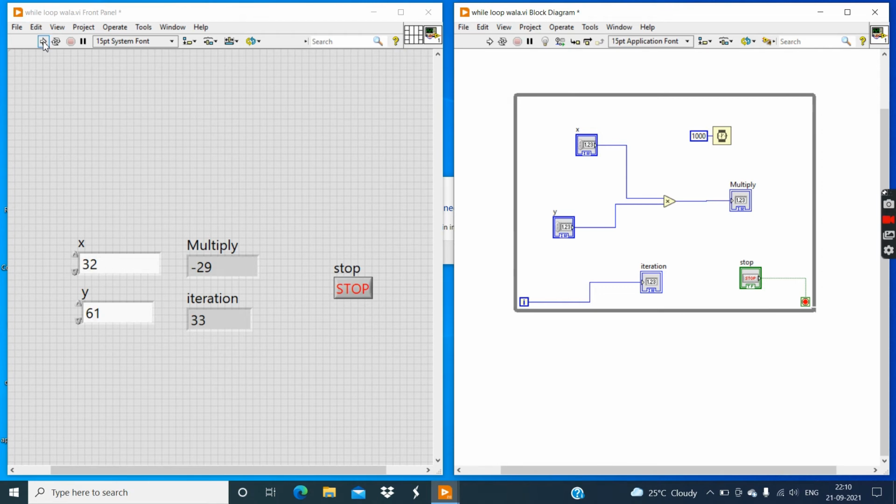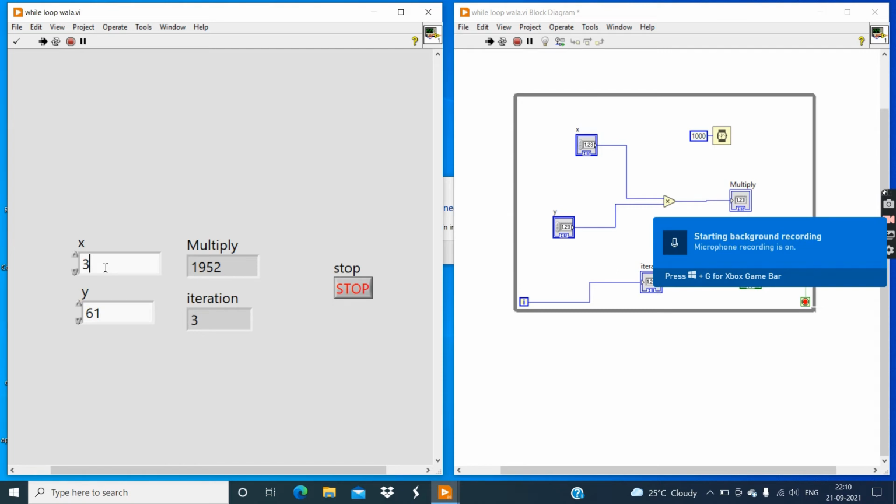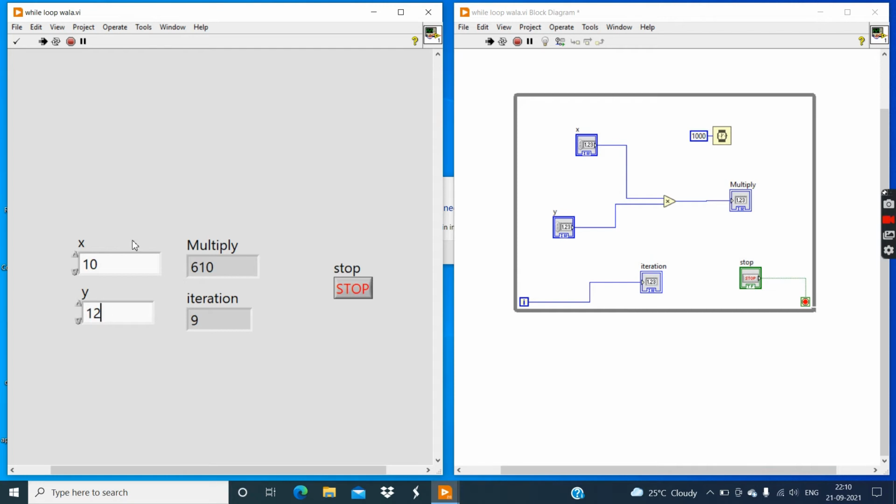Now click on this run button and change the input value, for example 10 multiplied by 12. You can see the answer, that is 120. Then also increase the controller X and see the changes, then click on this stop button.